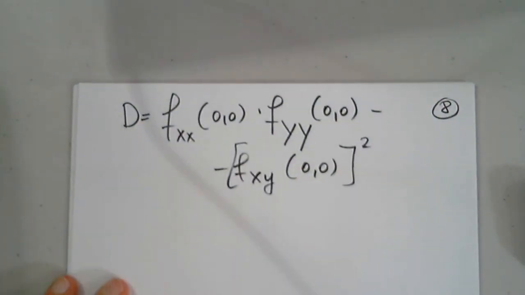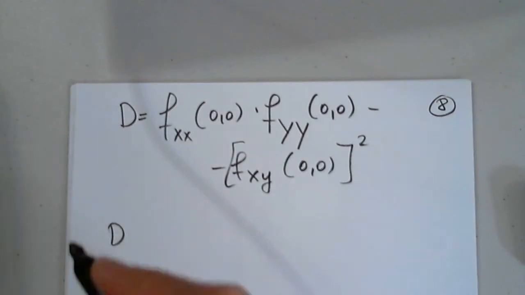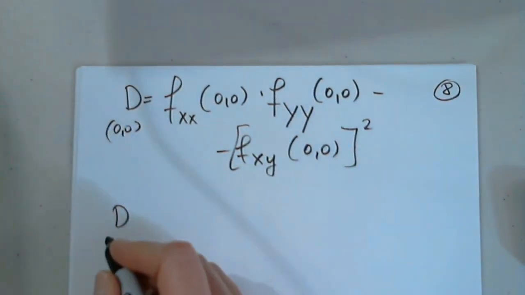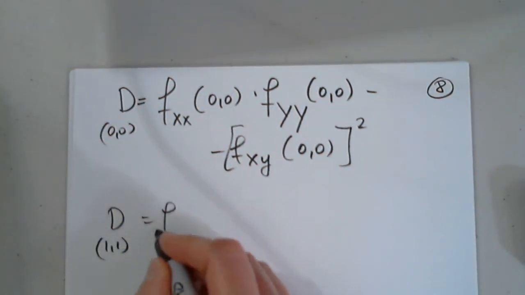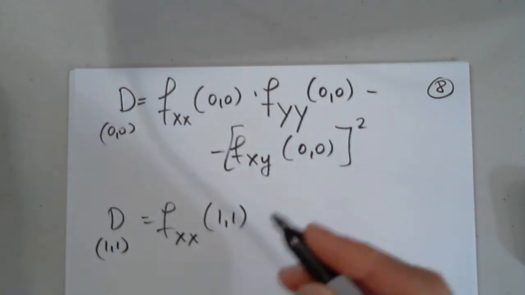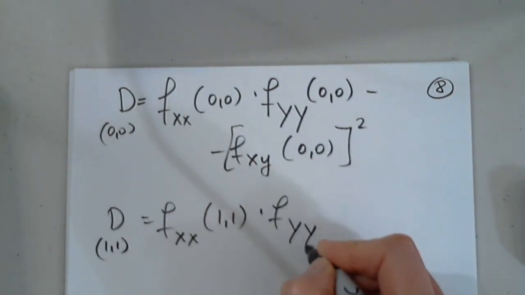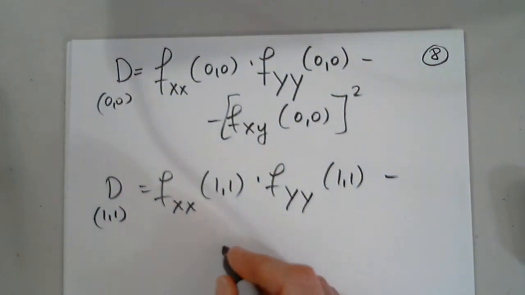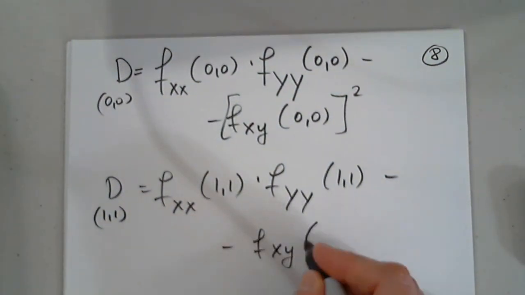After I complete this, I will determine the other D. So this is for 0, 0. I will determine for 1, 1 as fxx of 1, 1 times fyy of 1, 1 minus fxy of 1, 1